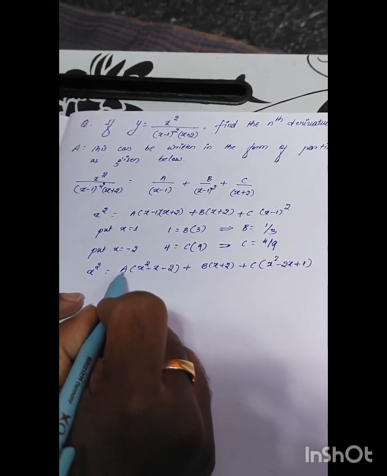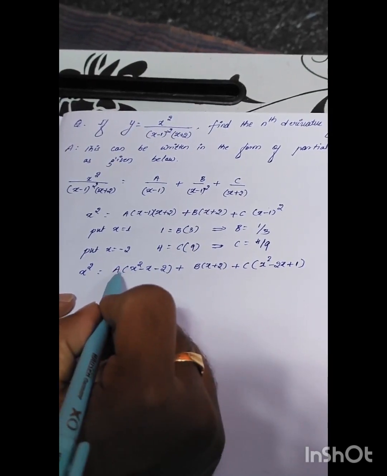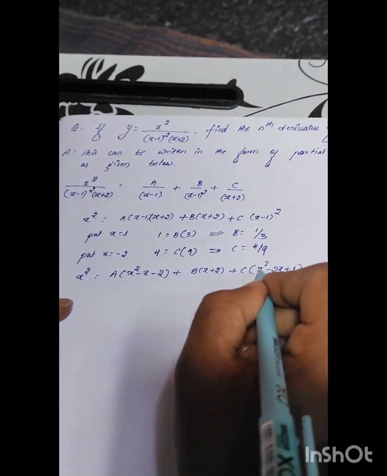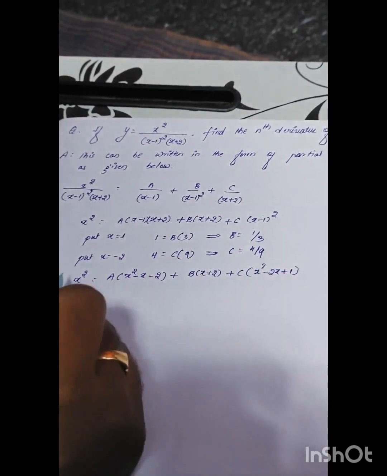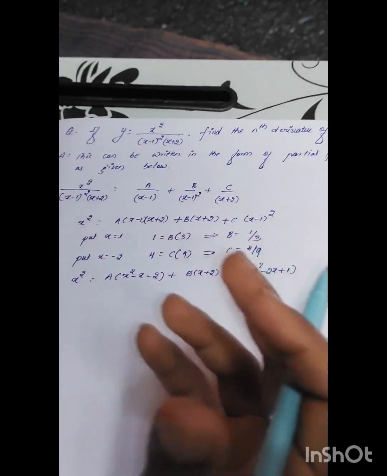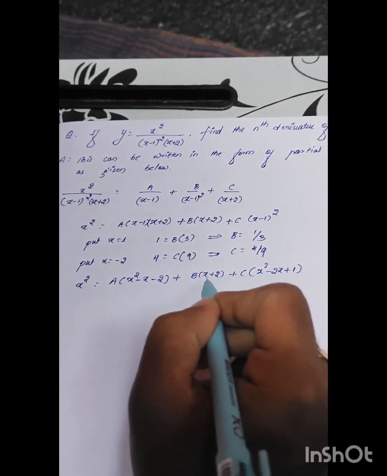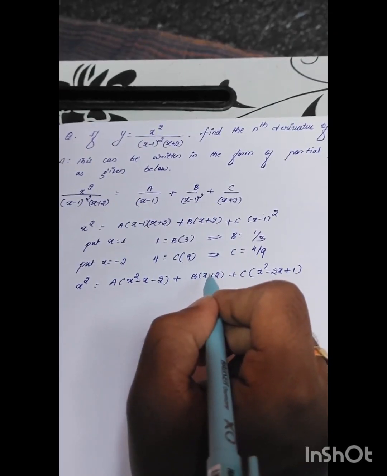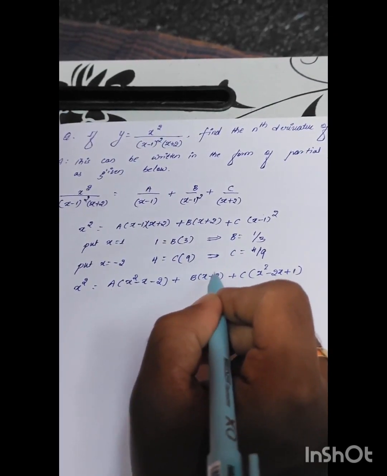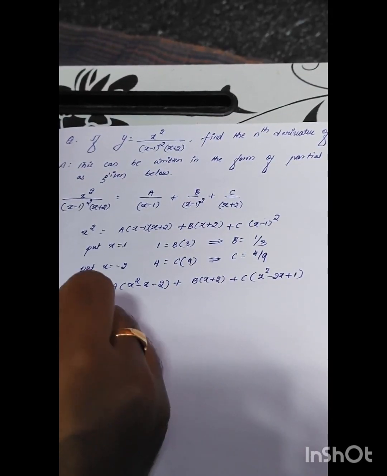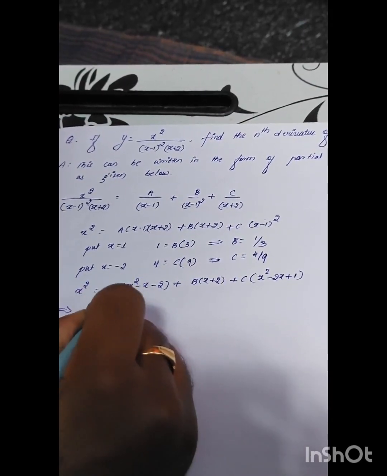So if you see, the x squares are there in the terms a and c, right? So ax square plus cx square is there here. If we equate the coefficient of x square, only a and c have x square terms. This b does not have the square term here. So what happens, I can write the coefficient of x square, which is 1, that will be equal to a